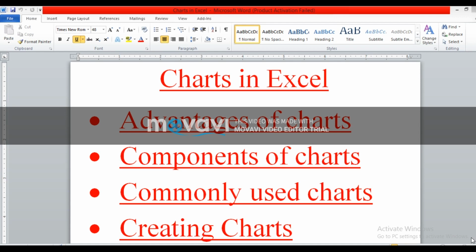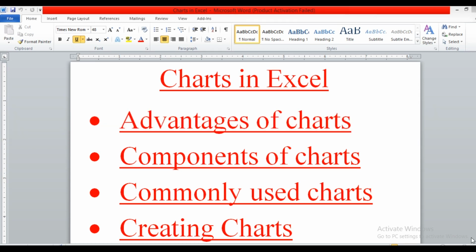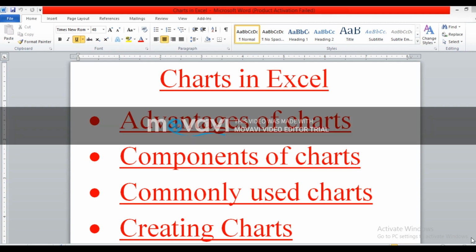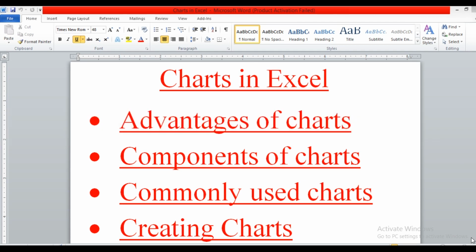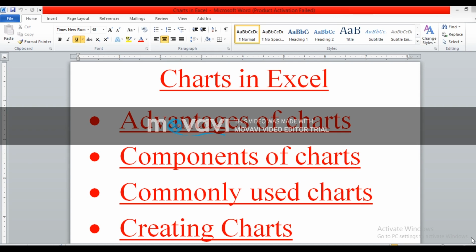The last component we are going to discuss of the chart is the data series. These are the bars, lines, slices or other elements that represent the data values. Whatever data we have taken for the chart, to represent our data in the form of bars, lines, slices or other elements, that represent our data in the chart is known as the data series. Now we have discussed various components of the chart: chart title, plot area, y-axis, x-axis, legend, data series. These are the components of the chart.